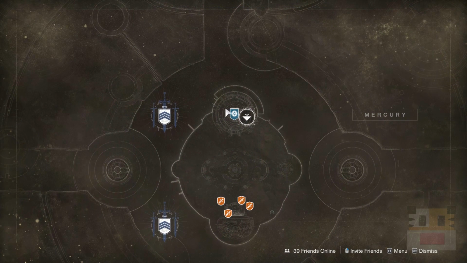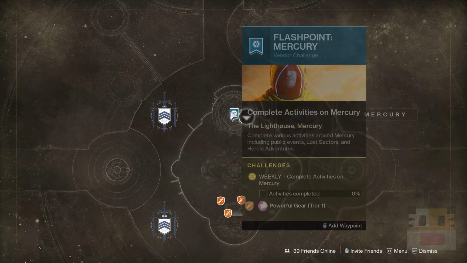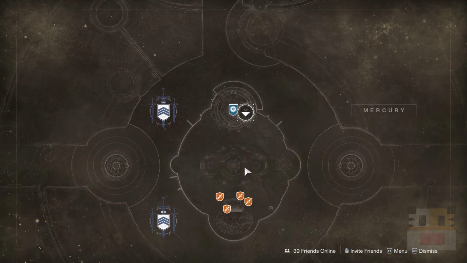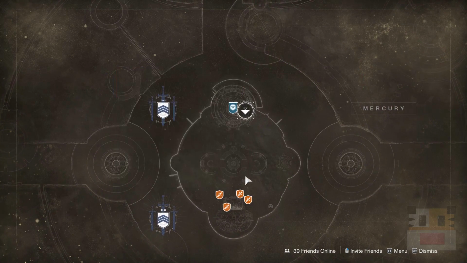As for the Flashpoint this week, it will be taking place on Mercury. So completing public events, lost sectors, and heroic adventures to complete this quickly. And honestly, this is one of the slowest Flashpoints in the entire game because public events happen very rarely. There's only one lost sector, which is decently fast, and the heroic adventures are just really kind of boring and